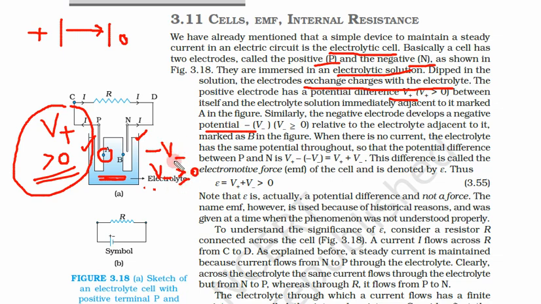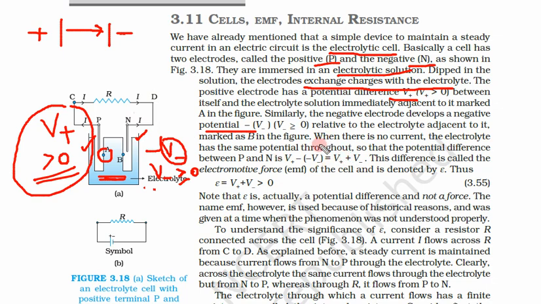That means V negative is positive, but there is also a sign negative. So if it is greater than 0, that means only this quantity is positive and there is a negative sign. So this is always a negative thing. This is either at 0 or at some negative potential. If negative, then current flows from positive to negative. If it is 0, then again current goes from positive to negative.